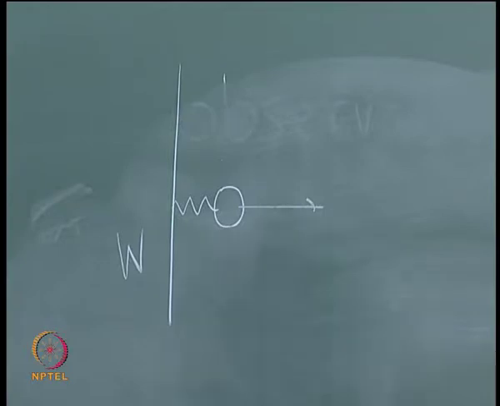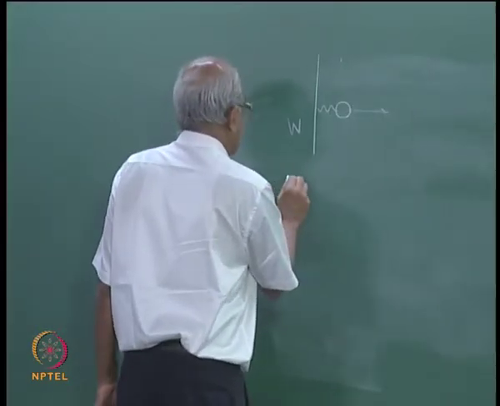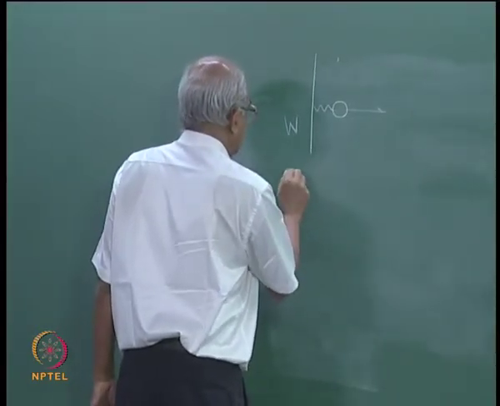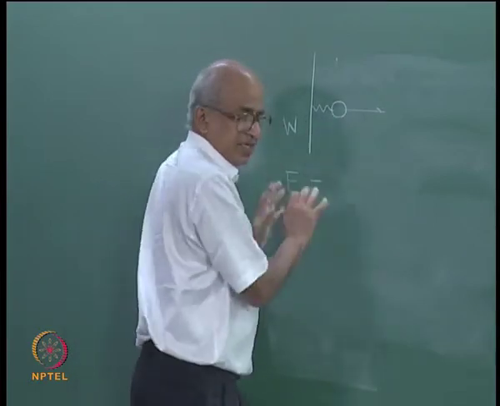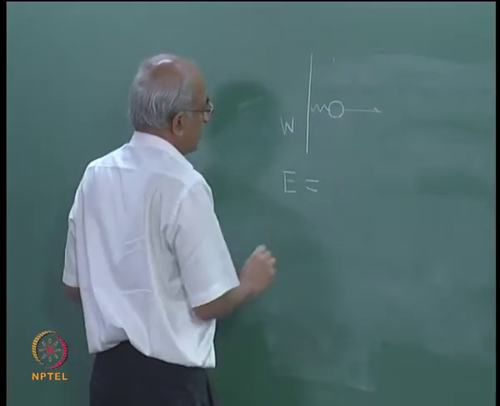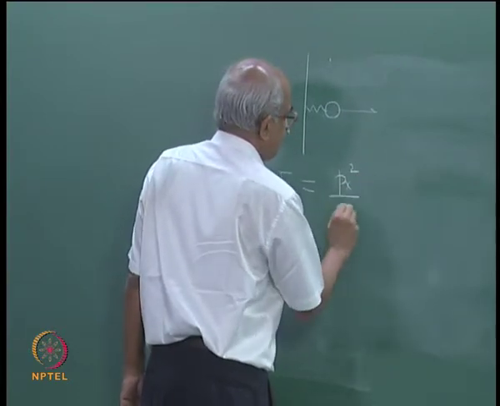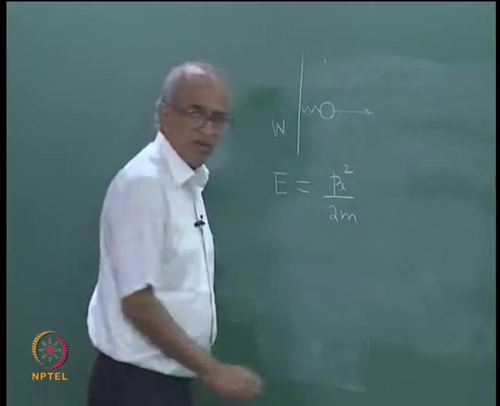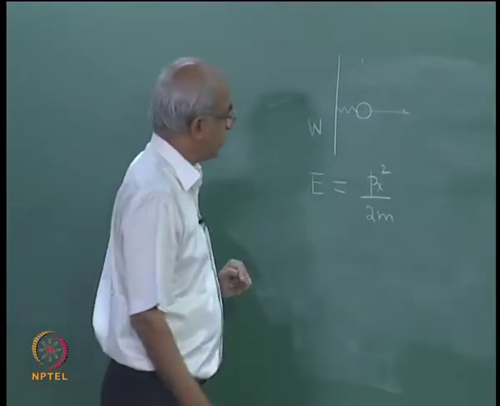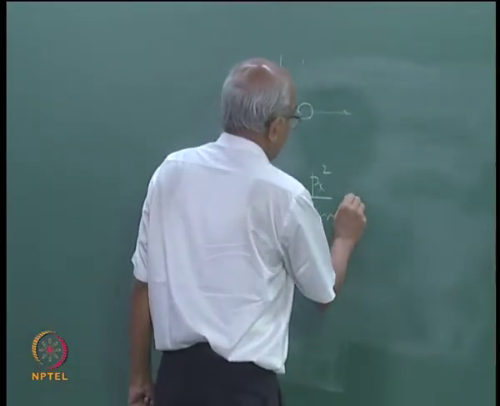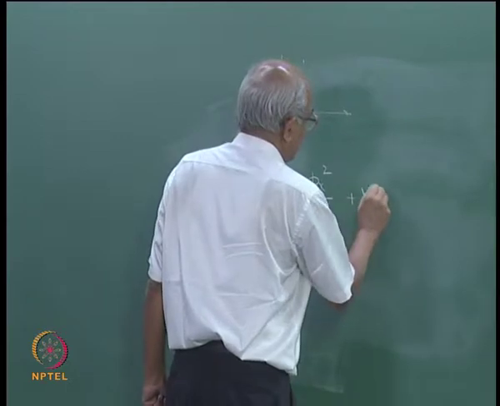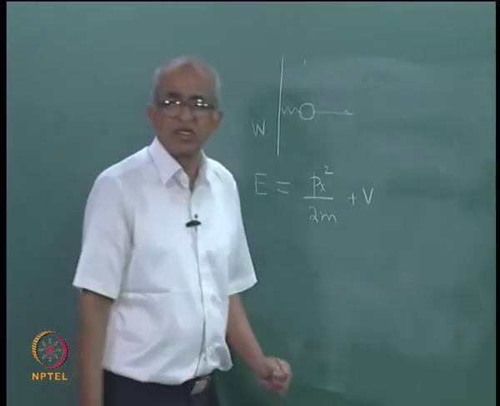So, as far as this system is concerned, if you assume that it obeys classical mechanics, the total energy will be given by Px square by 2m. This is the kinetic energy,